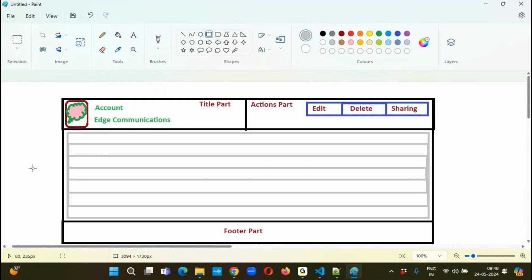Now, I want to show the content over here,